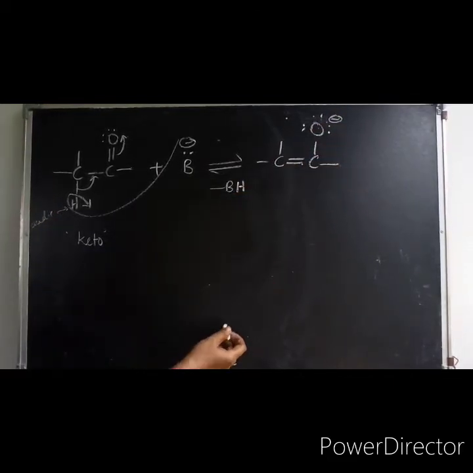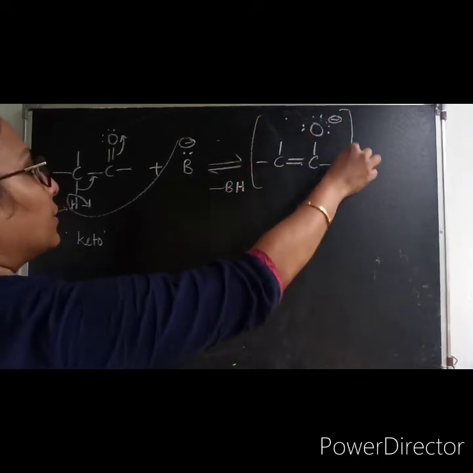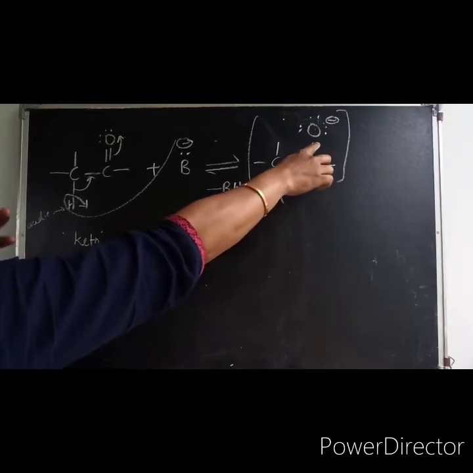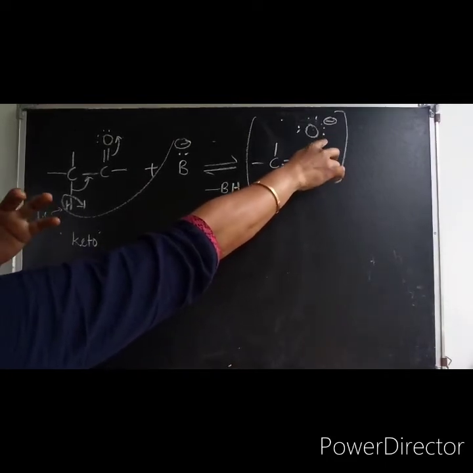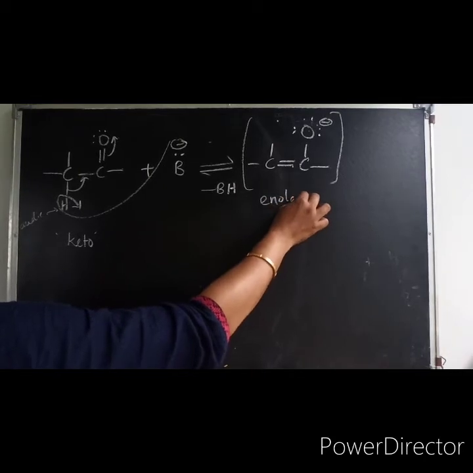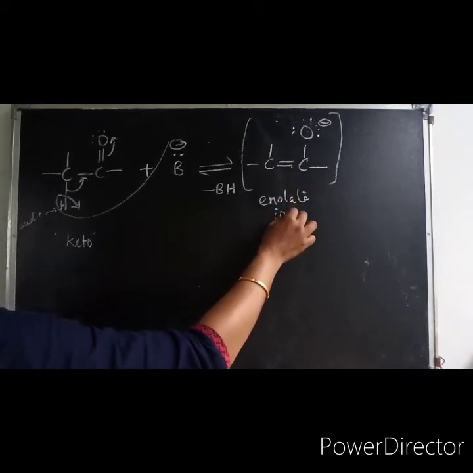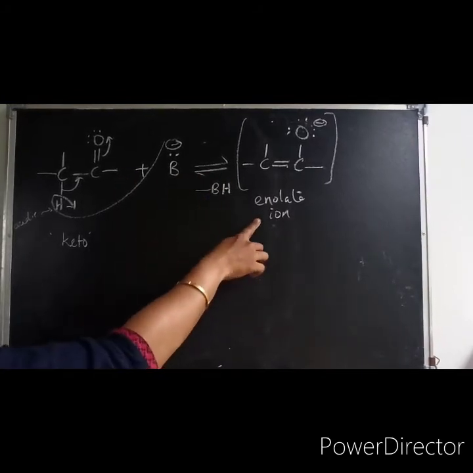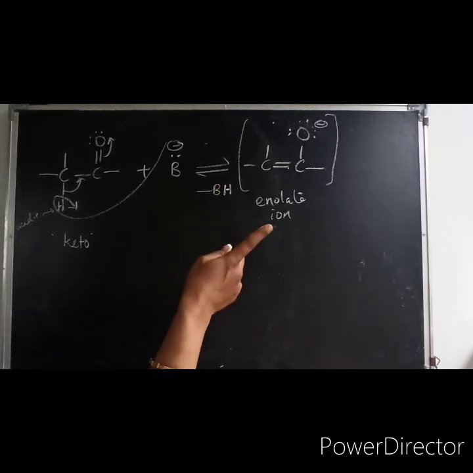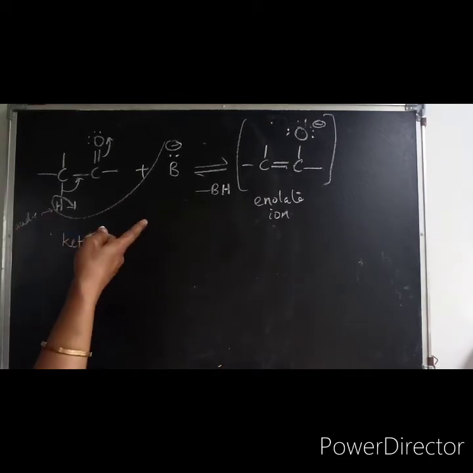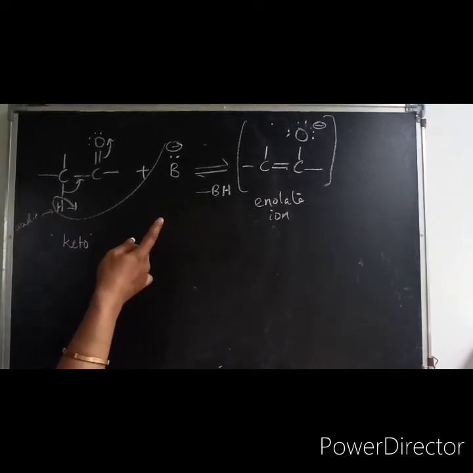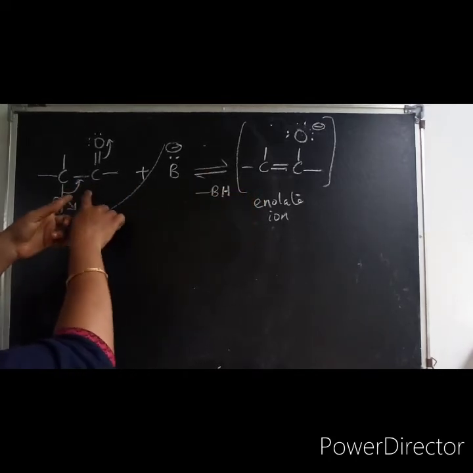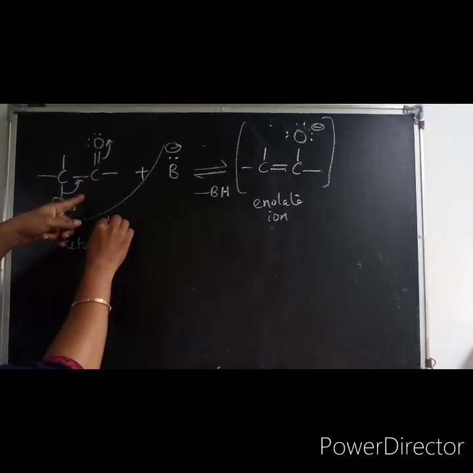So this is an intermediate which is called the enolate ion. This is like an enol, right? An alcohol before protonating. So this is called enolate. Very important, enolate. So base can form enolate, but acid cannot form enolate. Acid will form enol. You have to understand that. So this is an intermediate, called enolate. Or you can write an intermediate before this also, like this.